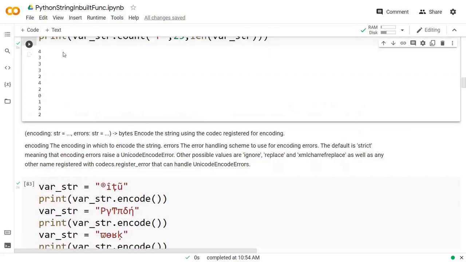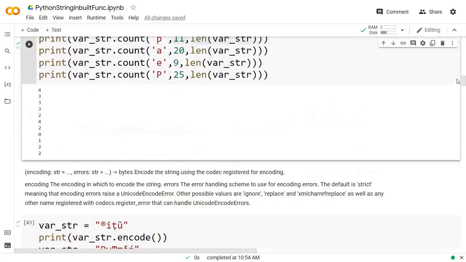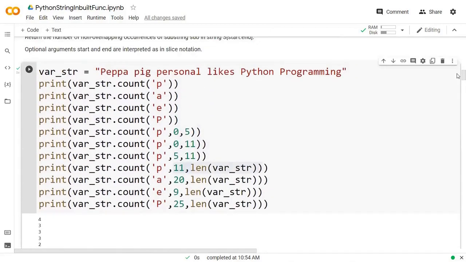So number of appearances in that particular section, where you have not mentioned anything, it is finding small p, like 1, 2, 3, 4 number of times it is finding small p right here. So you can see the output as small p.